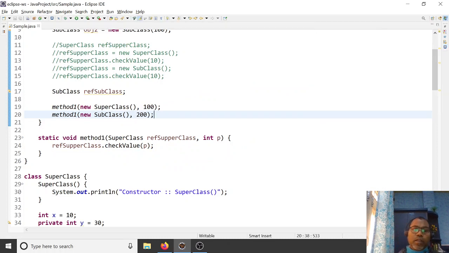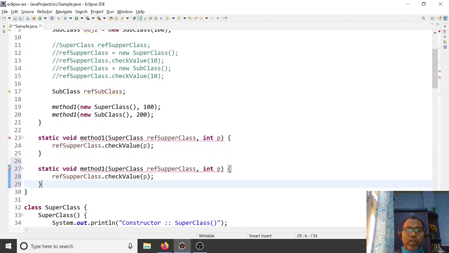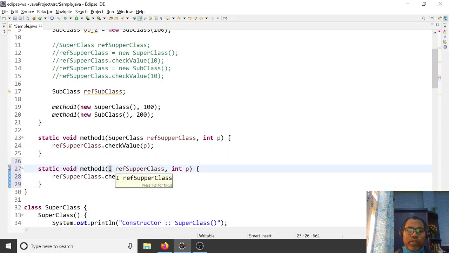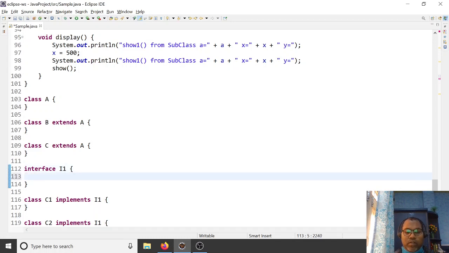And similarly, let's take another case, that of an interface. Let's say we have an interface I1, which we have defined. Let's say we have one method, void test, which takes input y.